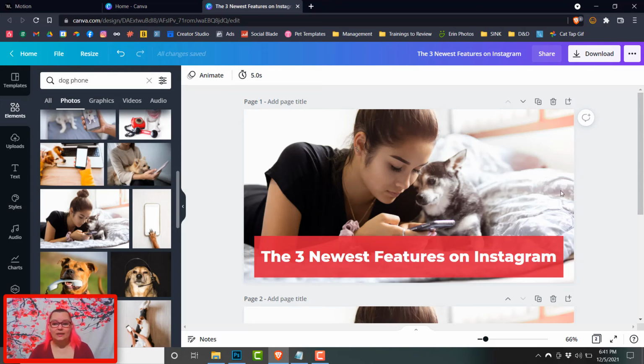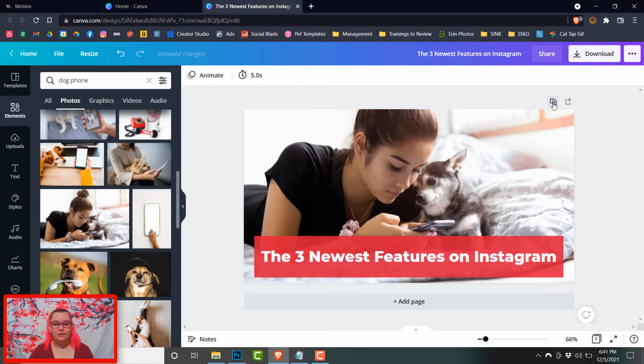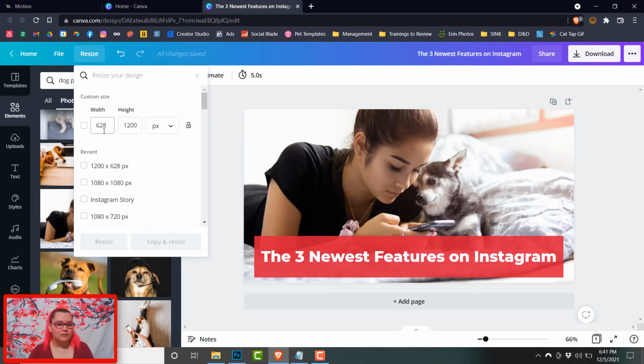Also, it's really easy in Canva to change the size of this. So let's say you want this image for your feature image, but then you want to do a similar image for Instagram. On Instagram, it's much better, instead of this, for the image to be square, because if you upload this to Instagram, these letters are going to get cut off and it's not going to look great. So all you have to do is go to resize and pick a square and then copy and resize. If you resize this, you'll lose your template, but if you copy and resize,